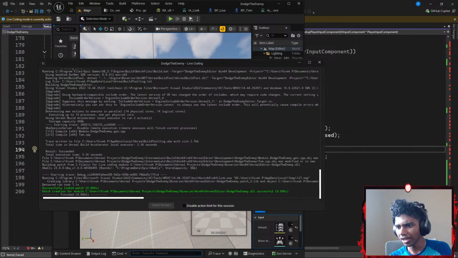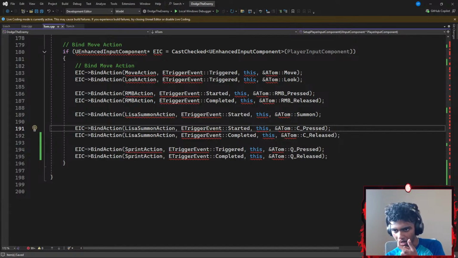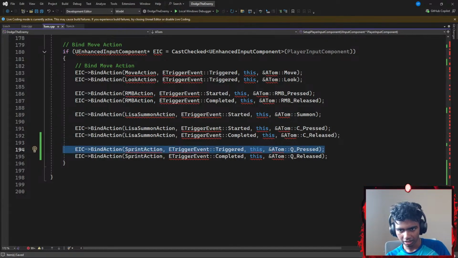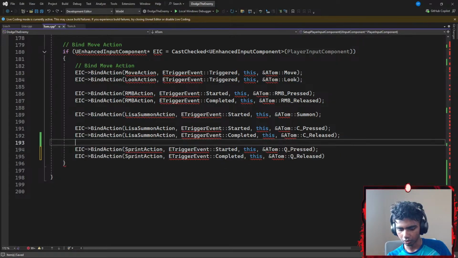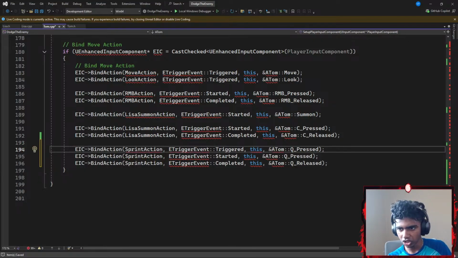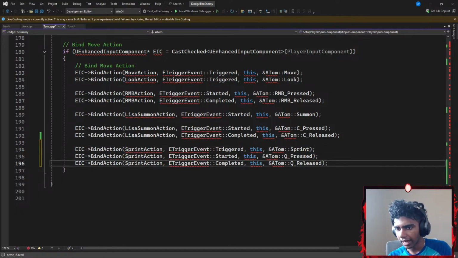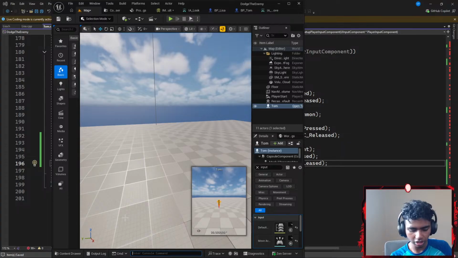Wait, did I not go with... Just gonna go ahead and copy that, go with a bunch of Control Z's, go here, and this with a semicolon, go here, go down, paste that, change this thing to be something like sprint. There. Okay, now I think this is good, right? Let's hit Control S to save the code,